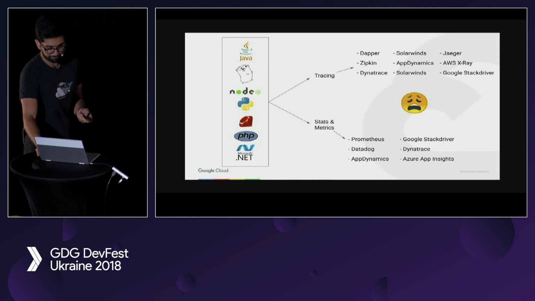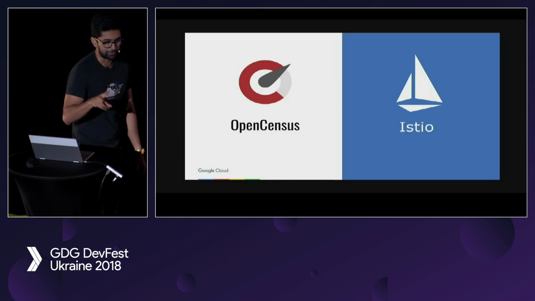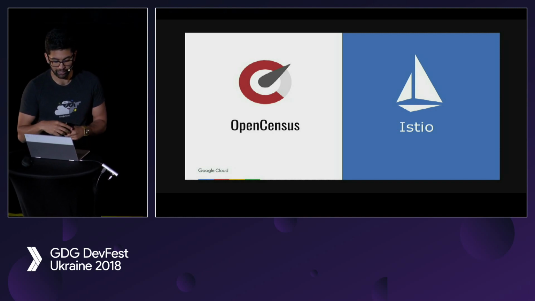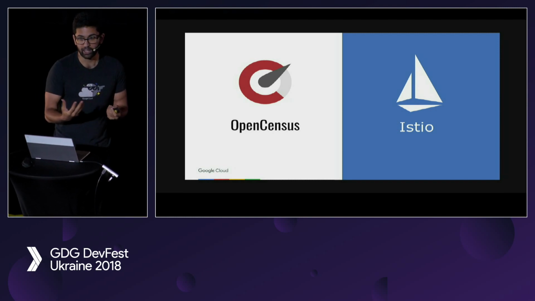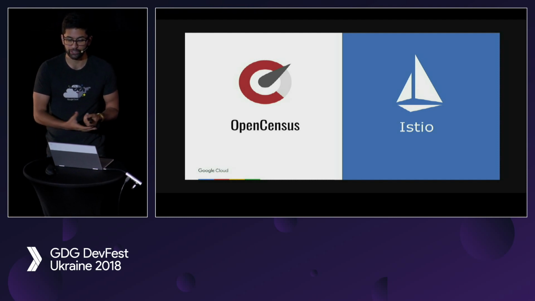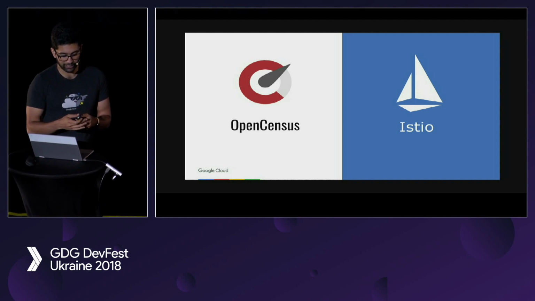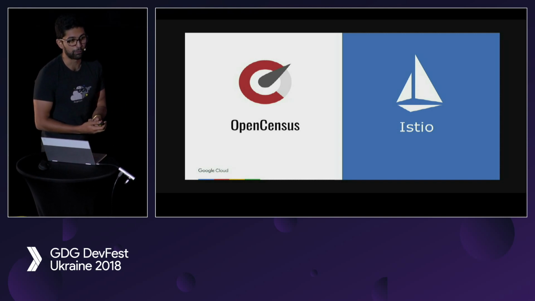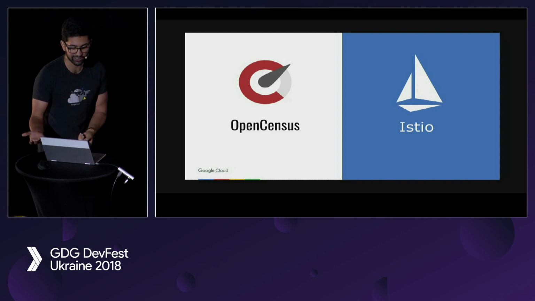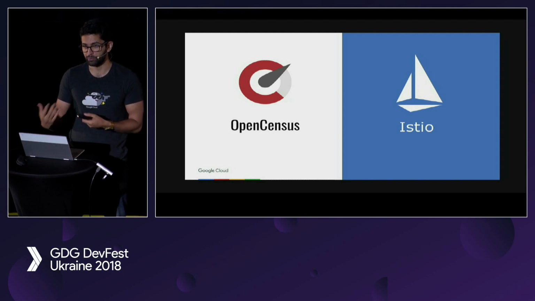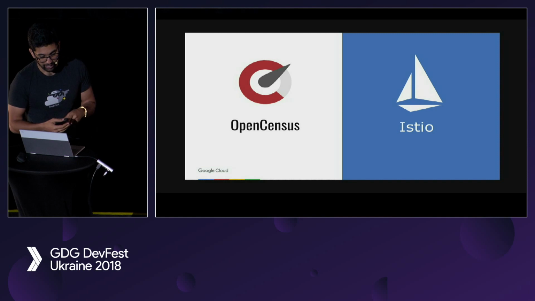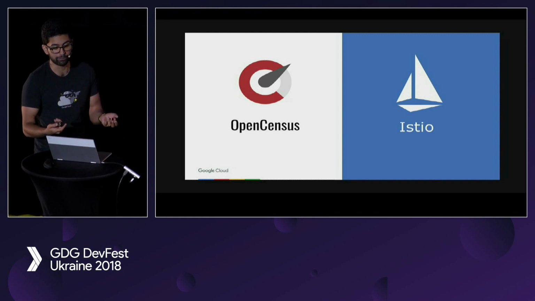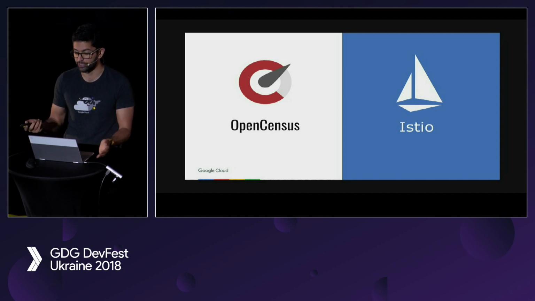Kind of annoying, right? So I want to talk about two projects, OpenCensus and Istio. We talked a lot about Istio yesterday. Basically, it's a service mesh that will automatically do a bunch of stuff for you in your network. But OpenCensus is another tool. We have a tool internally at Google called Census. So we came up with a really great name, OpenCensus. It's an open source reimplementation, just like Kubernetes was, of Borg. And it's a way to collect distributed stats and metrics and export them to a lot of these different platforms